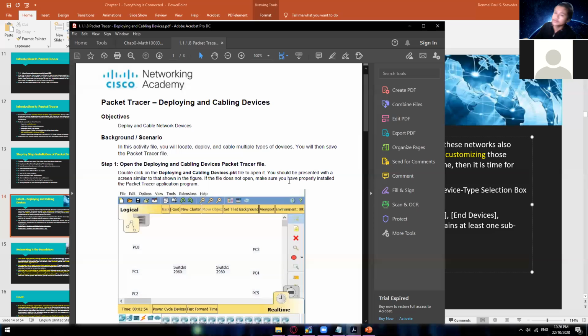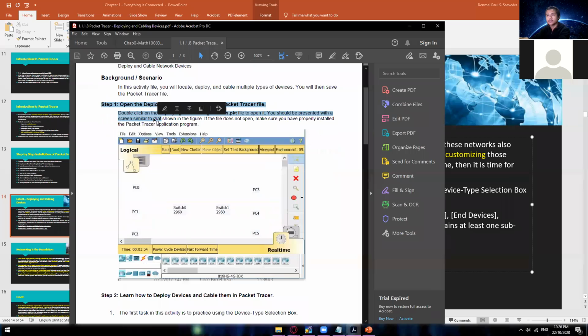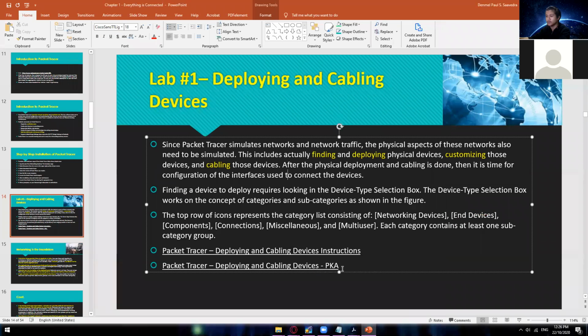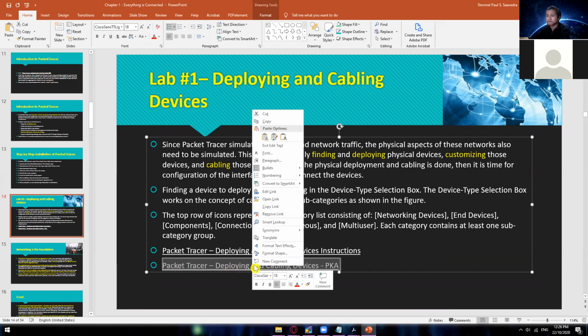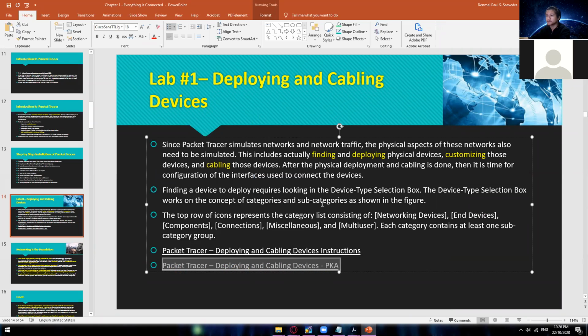Okay. So the topic for this one is deploying and cabling devices. So nandito yung objectives, yung background scenario, and then yung mga steps na gagawin nyo. Okay? So meron pang pangalawang file, okay? Which is ito, packet tracer, PKA,